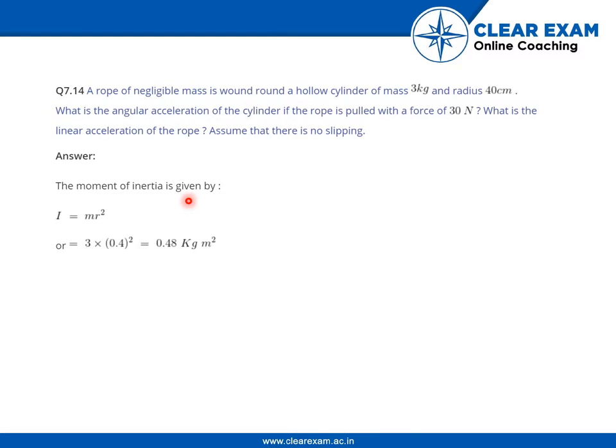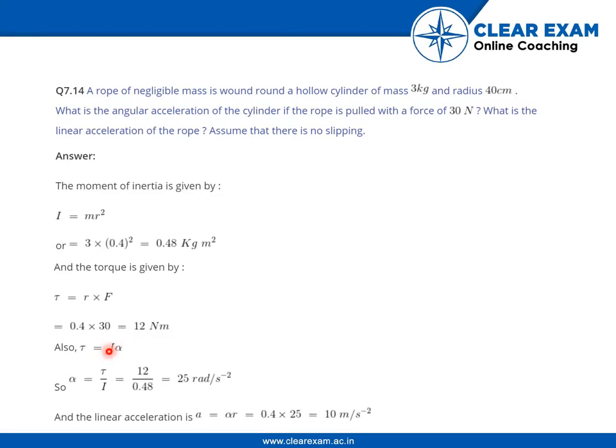The moment of inertia is given by I equals m r squared, that is 3 into 0.4 squared, which gives us 0.48 kg meter squared. And the torque is given by tau equals r into capital F, that is giving us the value of 12 Newton meter. Also tau equals I alpha, so alpha is equal to